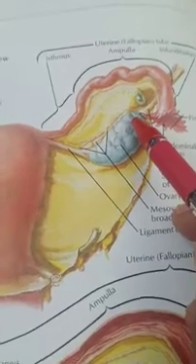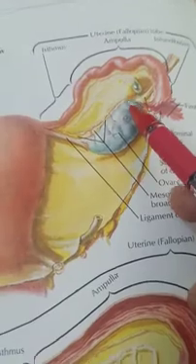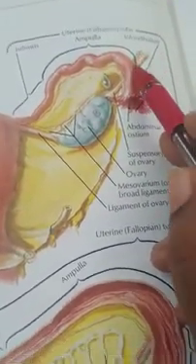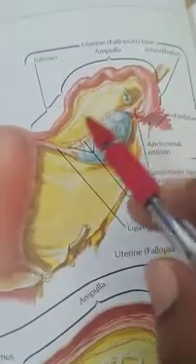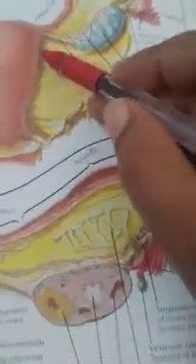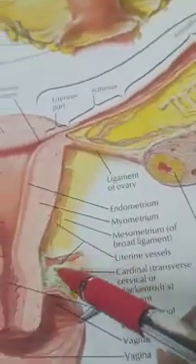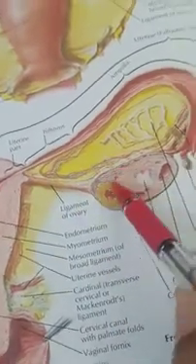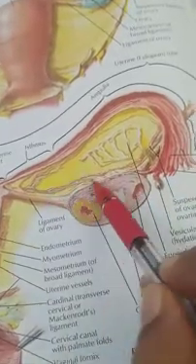Okay. Then arterial supply, blood supply and nerve supply. The arterial supply is by the ovarian artery. Here we can see the ovarian artery. It is supplied by the ovarian artery and also by the uterine artery. Here comes the uterine artery. So in this picture we can see this is the uterine artery. The uterine artery also supplies the ovary, and also it is supplied by the ovarian artery.